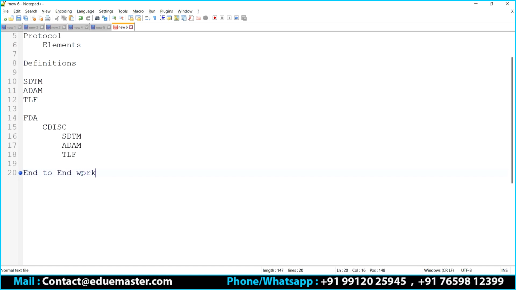Today we will understand the end-to-end workflow. So remember guys, all of you will not get a chance to work on all these three modules, right? Once you join an organization, some of you may stick only to SDTM. Some of you might be working only on ADaM. Some of you might be working on your TLF, right? Some of you might get a chance to work on more than one module as well. Anyway, we are going to understand the complete flow, and we are going to work on the complete flow as part of the project. But today we will be specifically starting with SDTM.